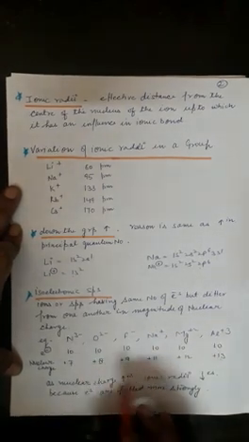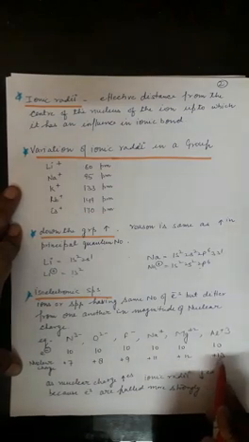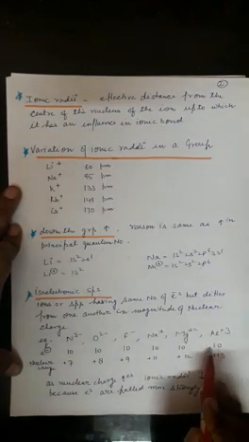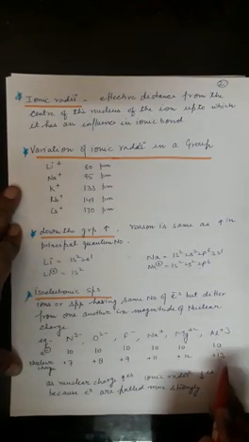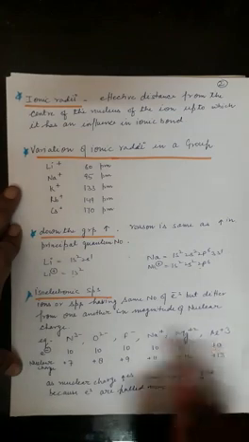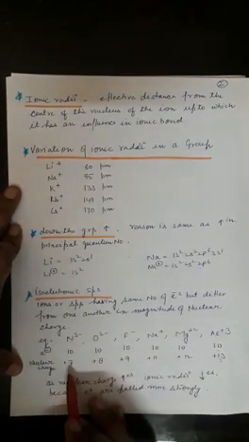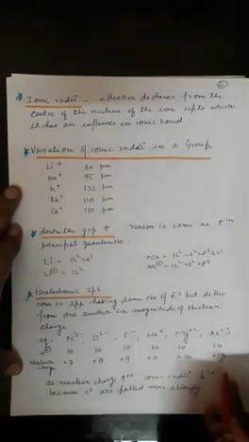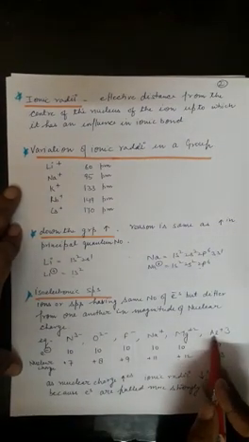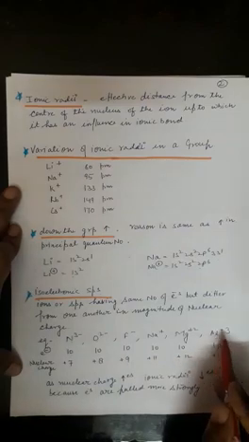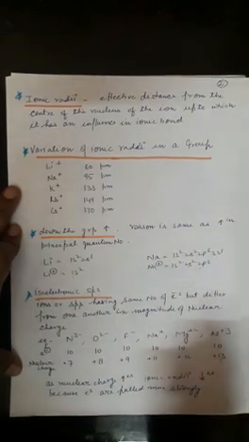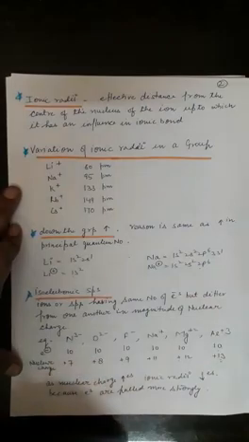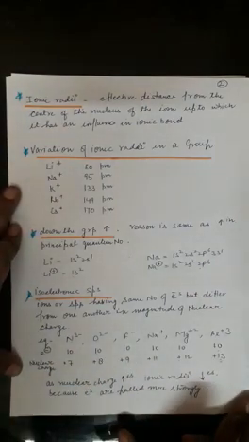Here, if we compare aluminium, it has 13 protons and 10 electrons. 13 protons are holding 10 electrons, whereas in the case of nitrogen, 7 protons hold 10 electrons. So the nuclear charge in aluminium is more, so the aluminium ion has a smaller size than the sodium ion. I think it's clear to you.